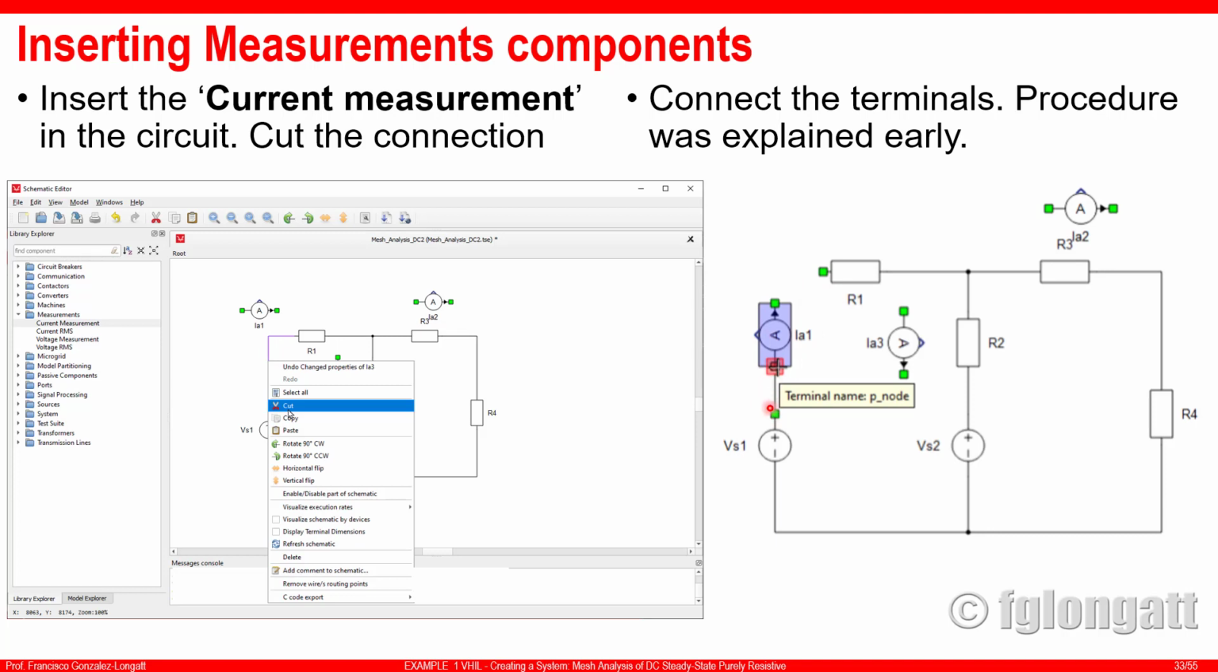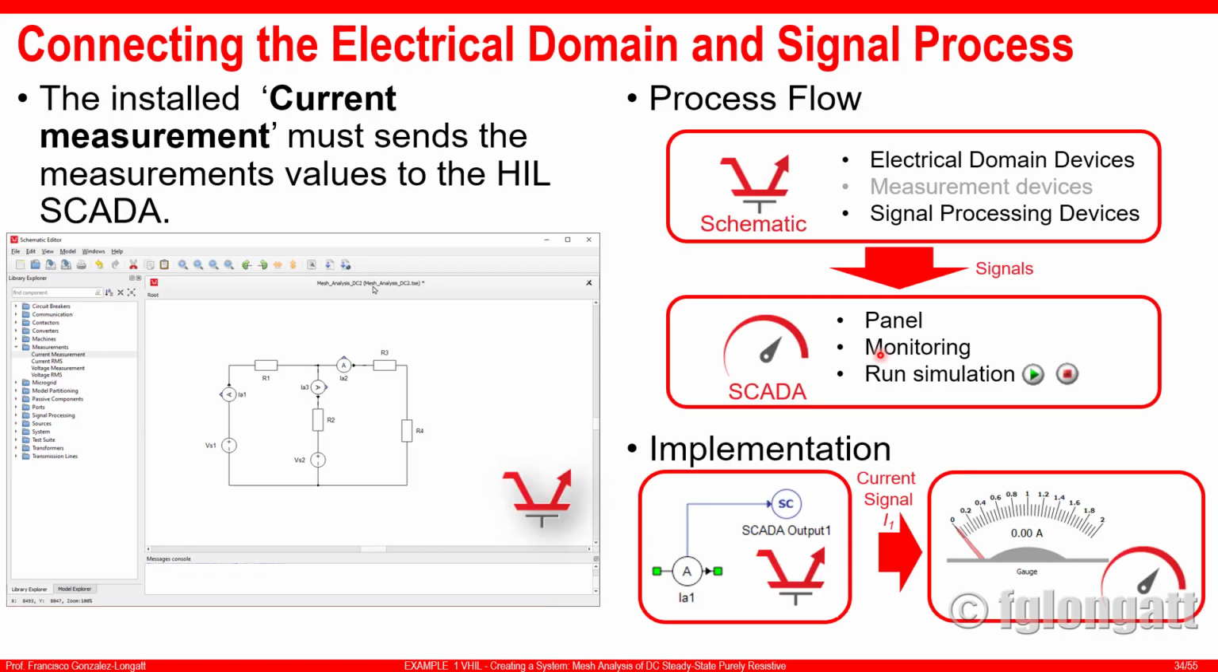Connecting those terminals, click here, click there, and we will connect these current measurements in series with this voltage source. Then we will click here on the other terminal of this current measurement and click at the resistor, and we will close this loop over here. Your job is to do the same for the second and the third current measurement. When you do so,